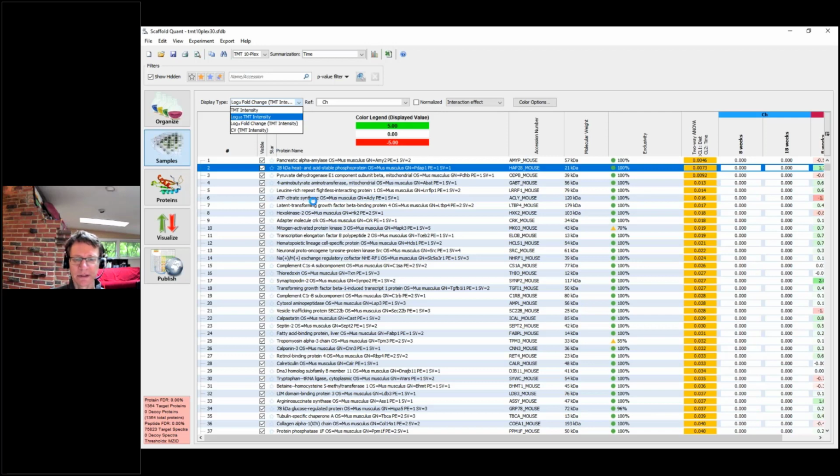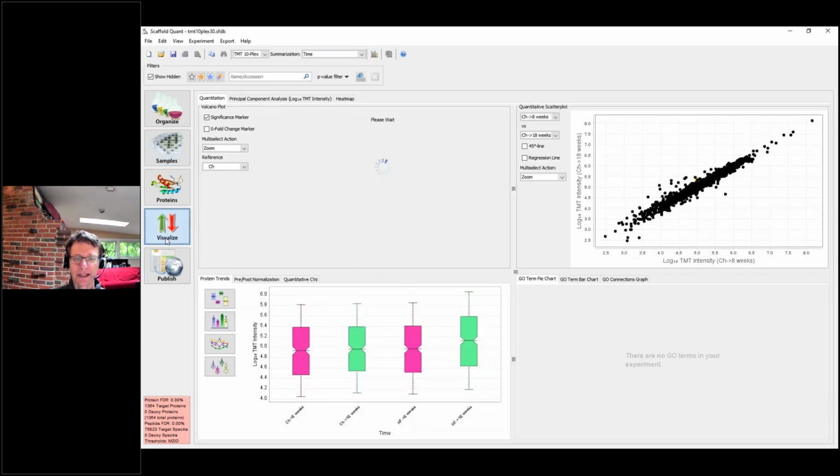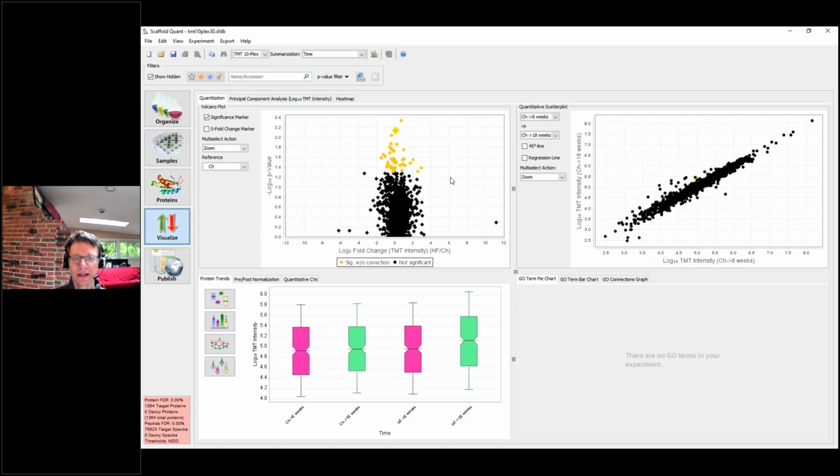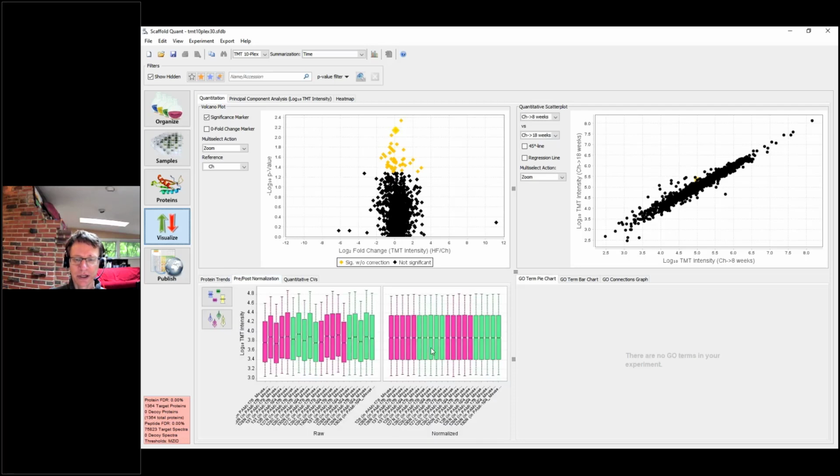Okay, so if we switch to visualize, you'll see that we've got a nice volcano plot, and a quantitative scatter plot over here, so you can compare different samples that way. And then there's a graph for some protein trends, and here's a new chart that shows pre and post normalization. So this is the quant sample values before normalization, and they've been brought nicely into alignment here. There's actually multiple steps to normalization, of course, and this is the first one that this graph is